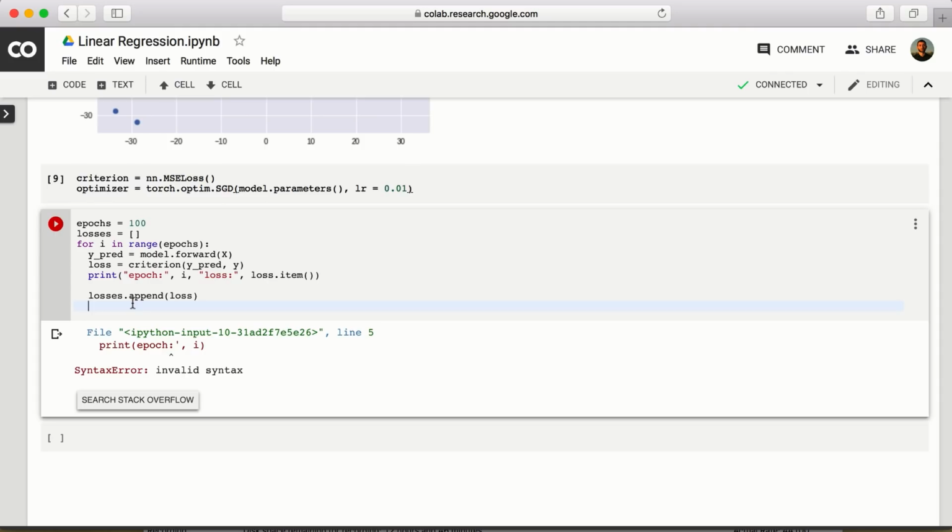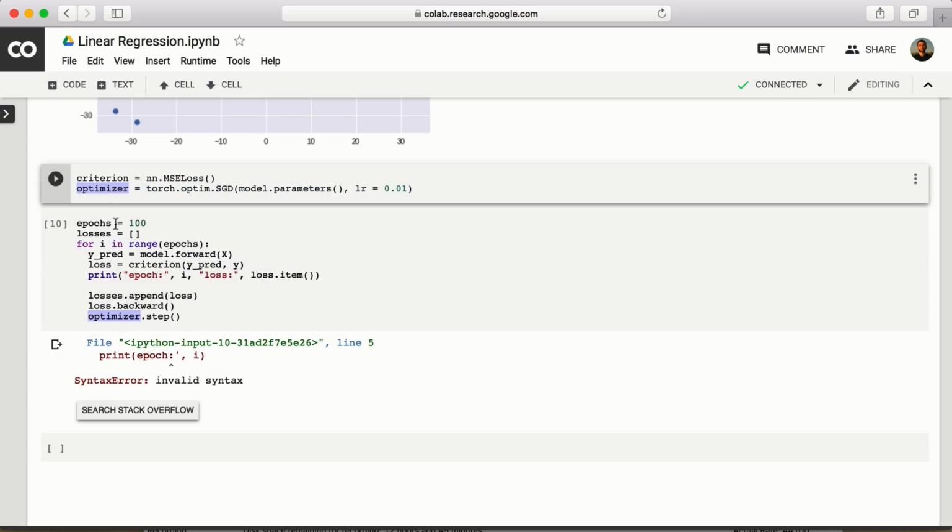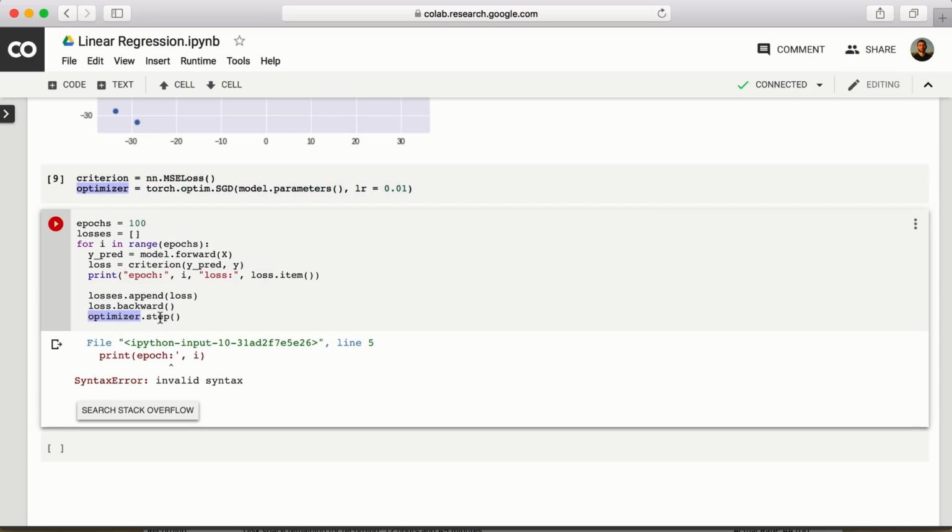Now, having computed the loss at every epoch, we must minimize that loss. Recall in gradient descent, we must take the gradient of the loss function, the derivative. And recall that to compute the derivative, we use the .backward method. This was in the intro to tensors section. We call loss.backward. Having computed the gradient, we update our model parameters with optimizer.step, using the optimizer that we initialized earlier. All optimizers implement the step method that's used to update the parameters of our model and can be called once the gradients are computed with the .backward function,